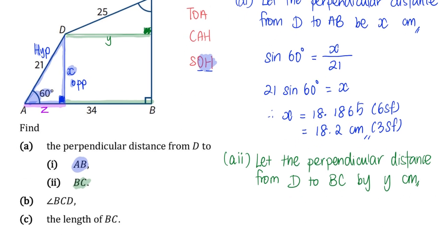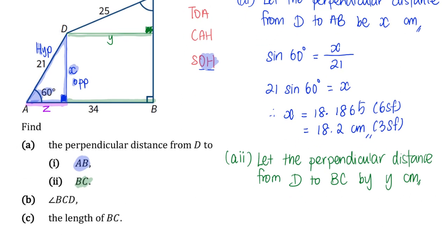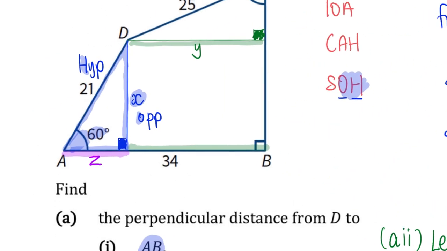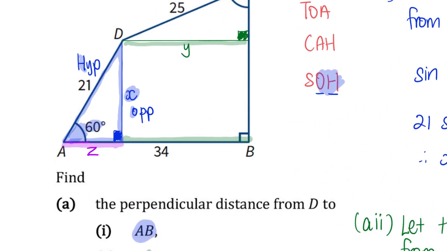So of course in this particular question, I would also need to let the distance from A to D be X, Z cm. Okay, and so with Z, going back to here, my Z with respect to 60 degree